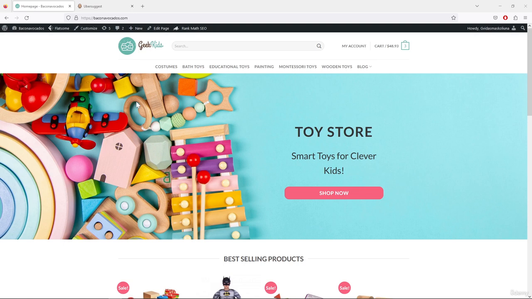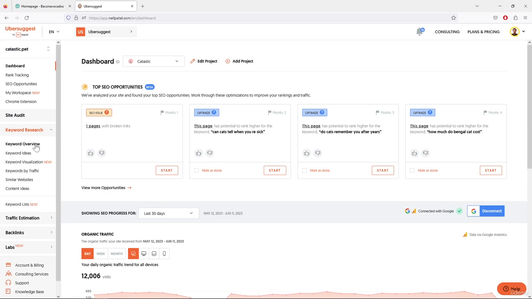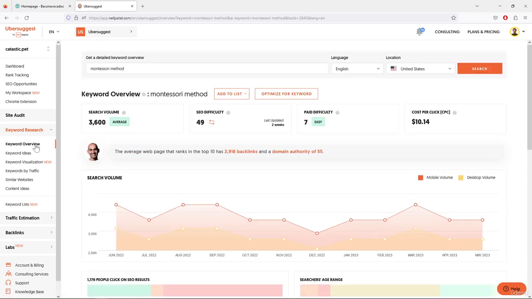Alright, so how to do keyword research for your blog post? It's actually the same as doing research for your products. It's actually an identical thing. So I'm gonna go to the Ubersuggest tool, and as you can see, this is the same tool we use to do keyword research for our products. Alright, so let's go to keyword research. We can start with keyword overview. As you can see, I already typed one keyword that I'm planning to write a blog post on,